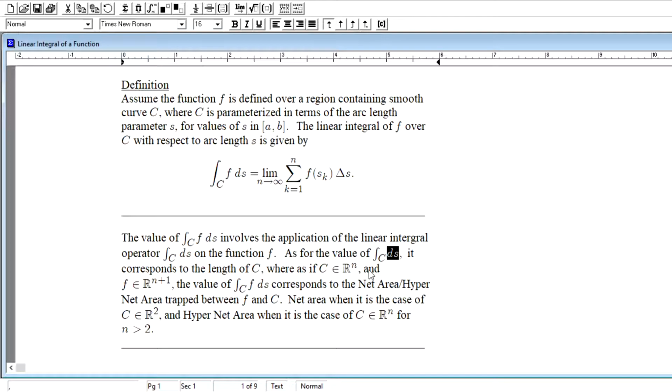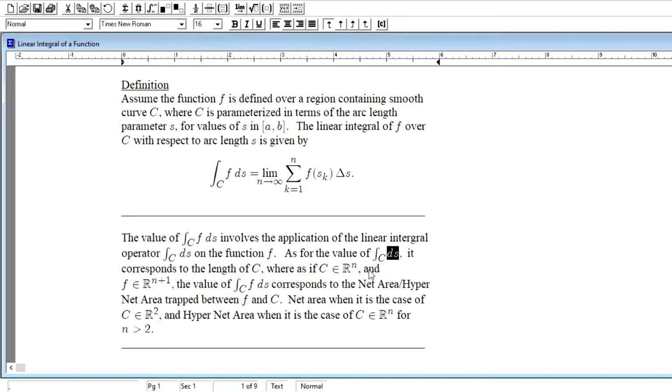Just like when we double integrate over a region R in two-dimensional space, it corresponds to the area of R. We see here a single integration over a curve C with respect to arc length corresponds to the length of